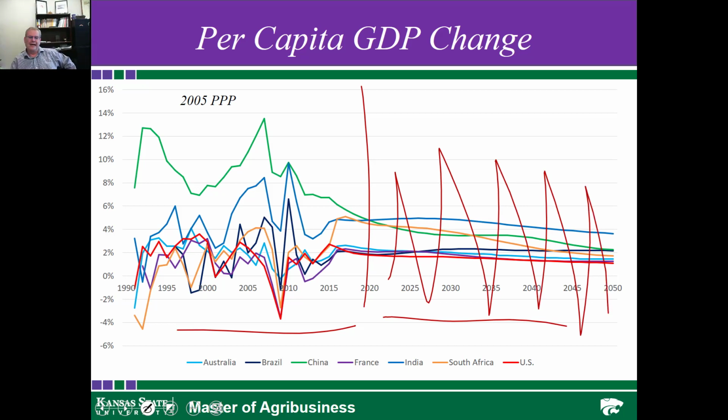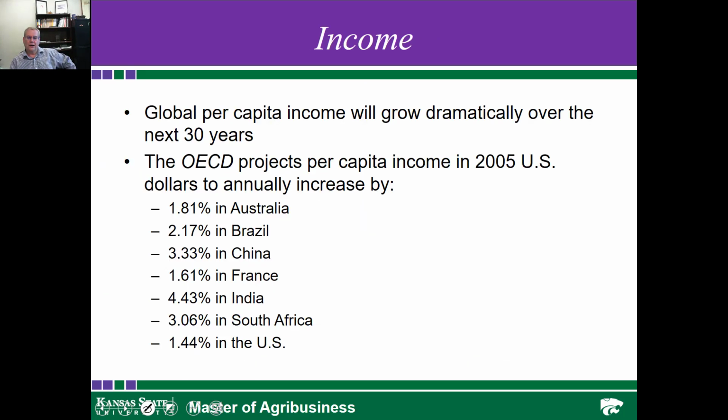I think you're going to see a lot of variability in that per capita GDP per year as we move forward. And so in some respects, I think this is very misleading to kind of look at it pre and post and think all of a sudden we've taken the risk out of the system. We haven't taken the risk out of the system. That risk will be there. And so certainly there's going to be individuals that are going to have to figure out how to manage food supply in a situation where income is very variable.